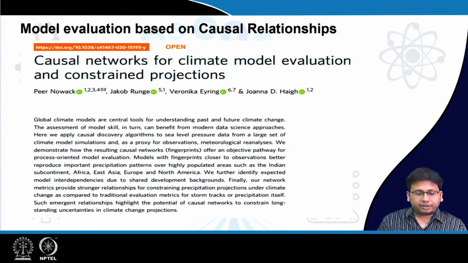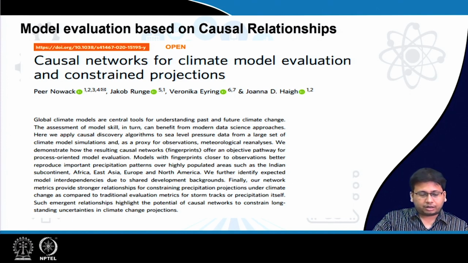We further identify expected model interdependencies due to shared development backgrounds. By that they mean that many of the different process models they are comparing actually have certain components or sub-models in common, and as a result many of them may share certain biases. Finally, our network metrics provide stronger relationships for constraining precipitation